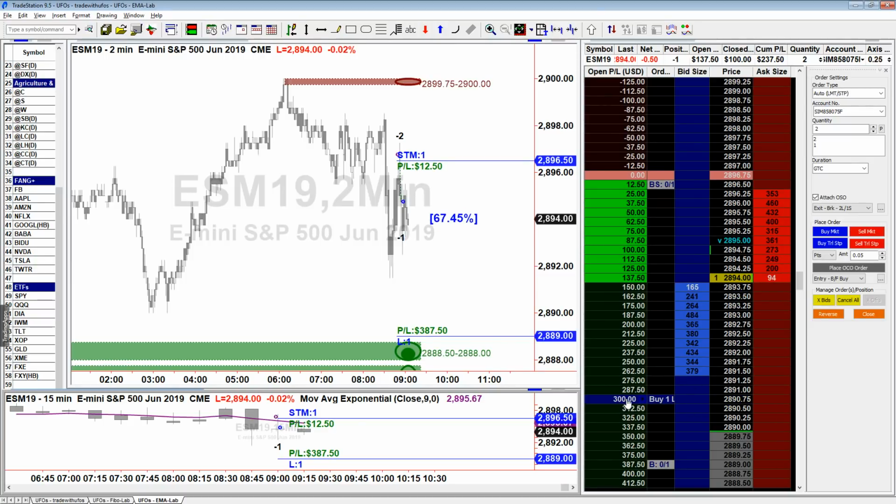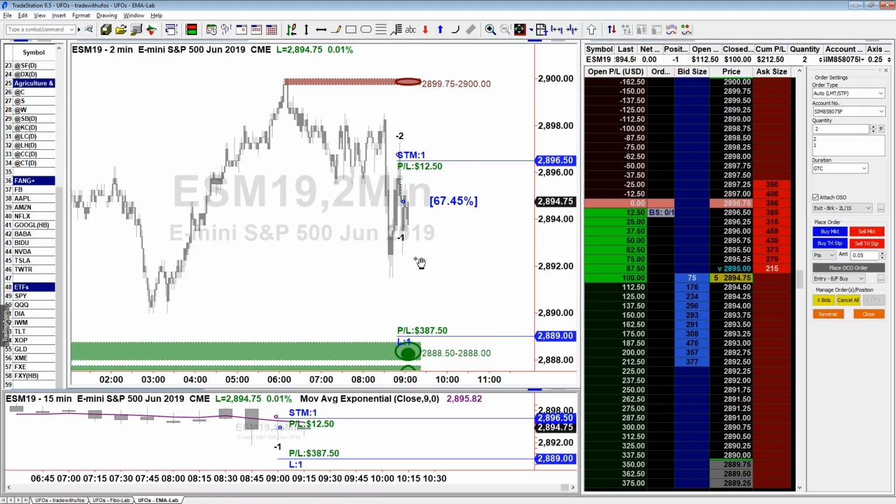If this market was to reach 300, I would move my stop manually to 100. If a UFO forms, let me do that again. A UFO forms here, a red one, right? And the market went down, down, down. So what would I do? I would take my stop and move it right here. That would be what I would do, and keep moving the stop down, following this market movement to the downside, the way it is, right?